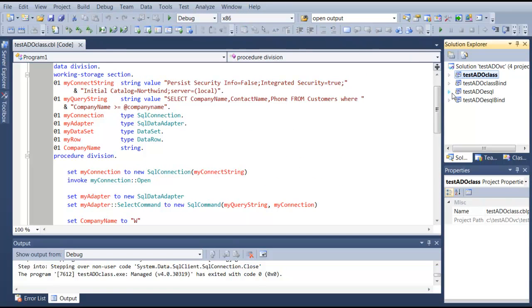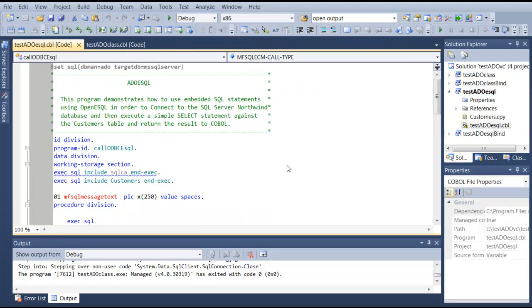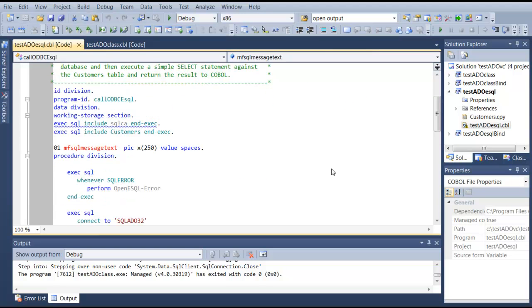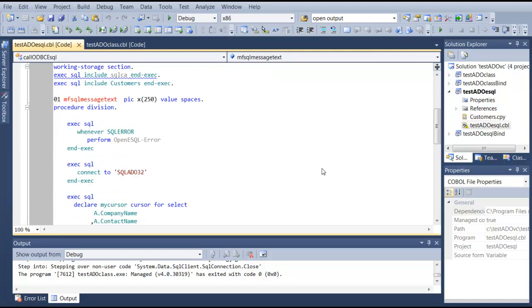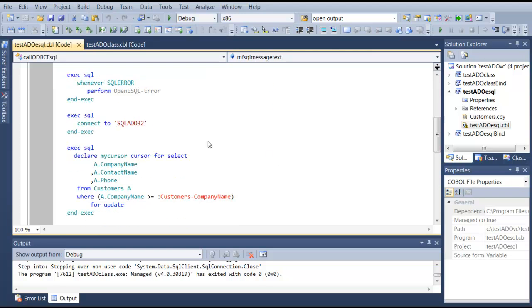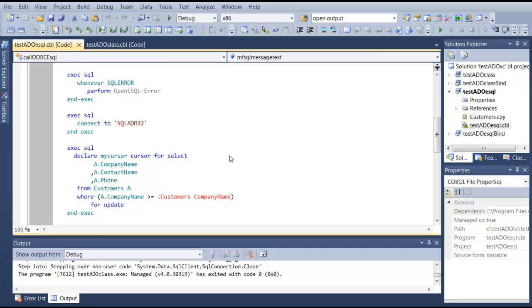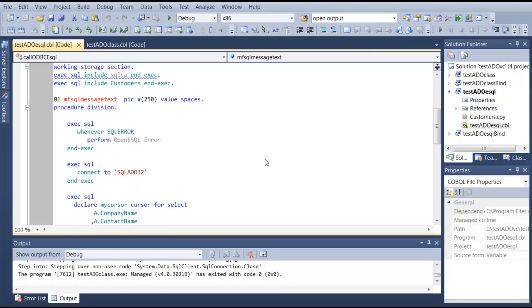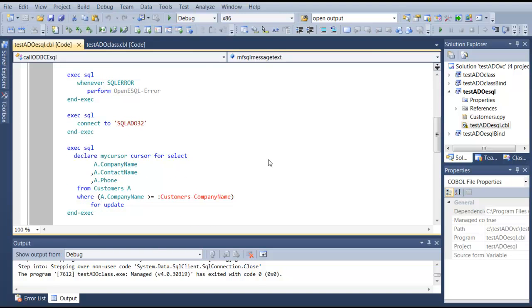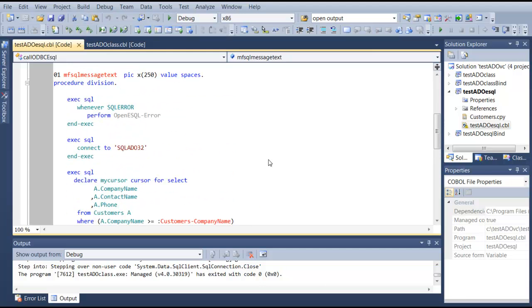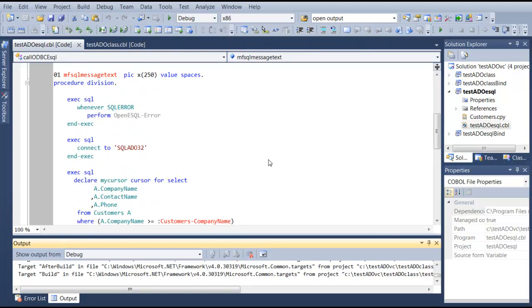For using OpenESQL, we have a similar program here, only it's a lot easier to understand if you're familiar with procedural COBOL programming. Everything's done within exec-SQL blocks. It does exactly the same thing, a lot easier to read. And it's also compatible with how things are done with ODBC as well. You can use the same exec-SQL statements in either ADO or ODBC. Okay, if I run this,